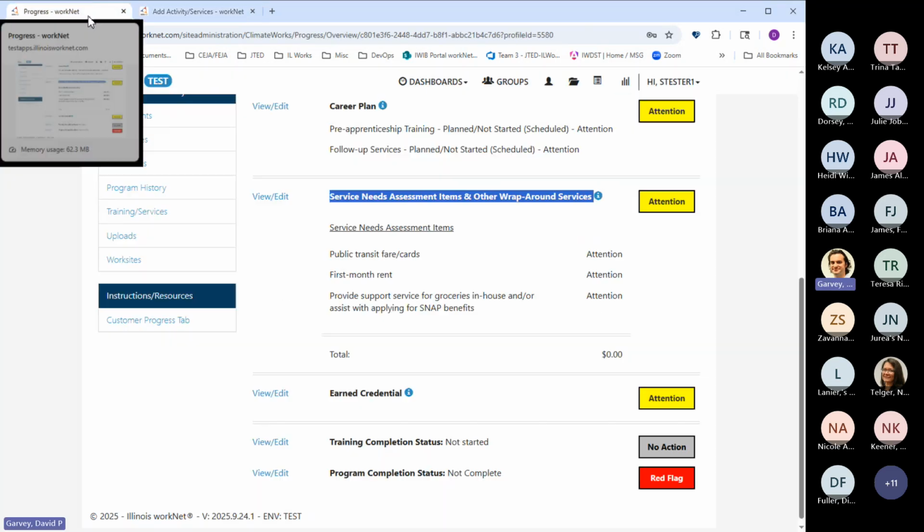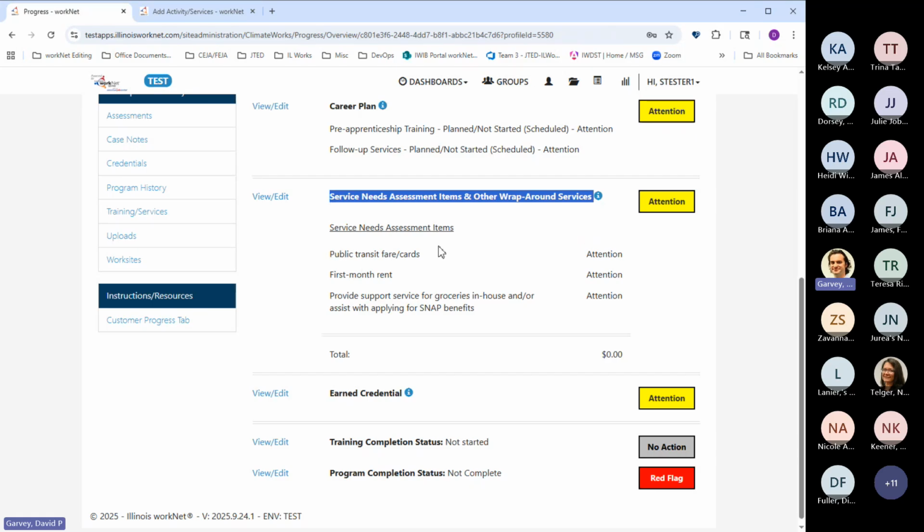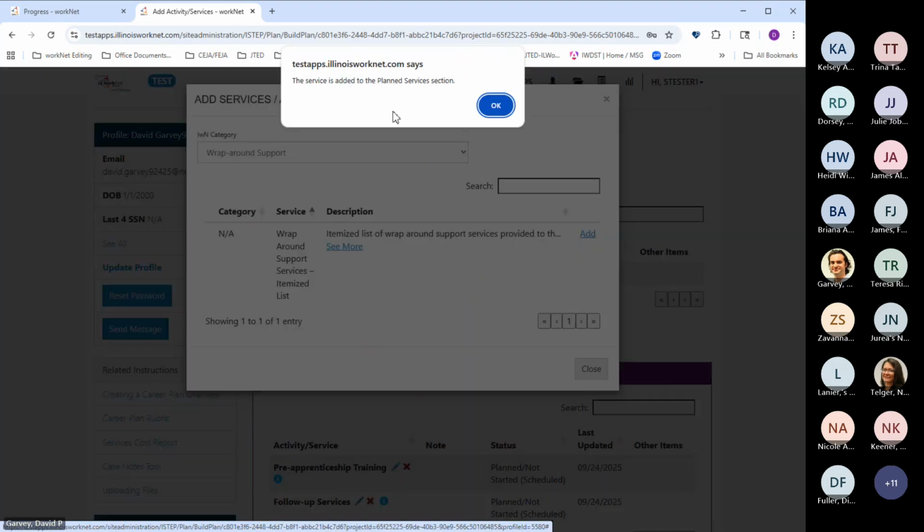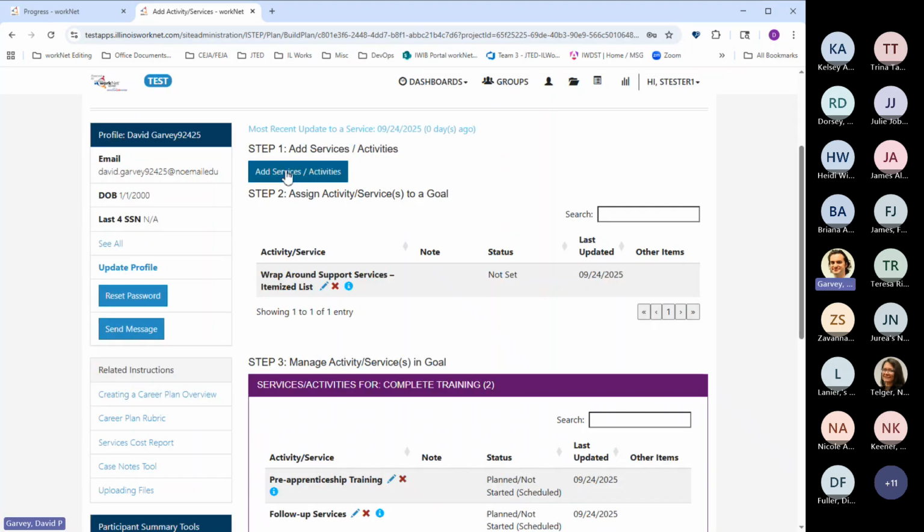This will be the service that we'll need to add to address these items here. So we'll click add. See, it's been added. So in step 1, we found the service and added it. It's now showing in step 2. And then to edit this, we'll click the pencil icon.